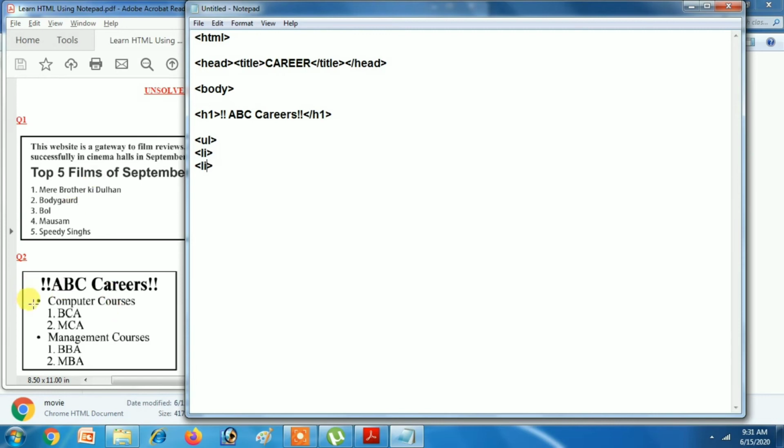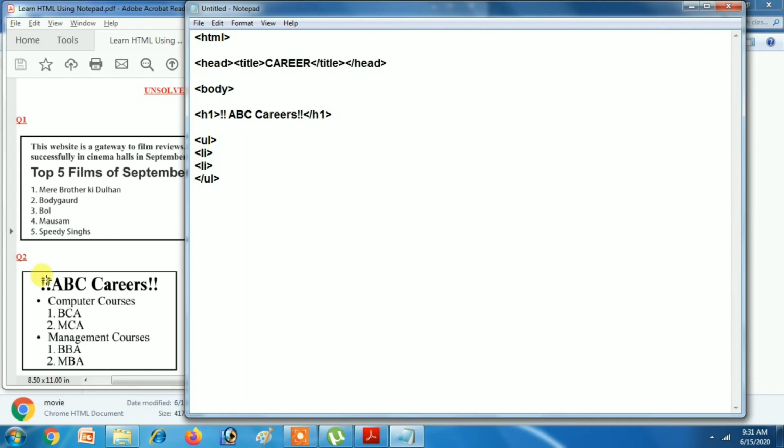This you can see according to the symbols are there in unordered list, numbers are there in ordered list. Got it? So for bulleted list we will use unordered list means ul. For numbered list we will use ordered list, OL tag. Got it? So we don't have to write unordered list every time. You can create one unordered list and then /ul. Got it? This is unordered list with two list items.